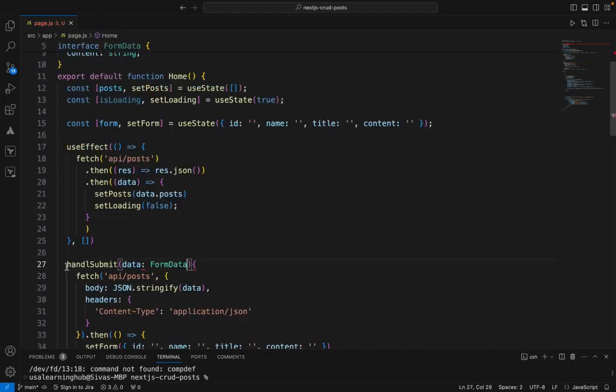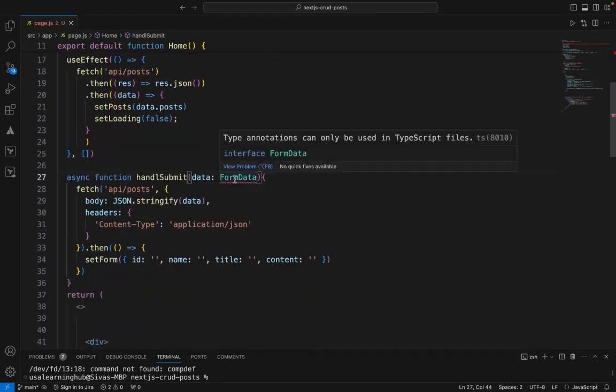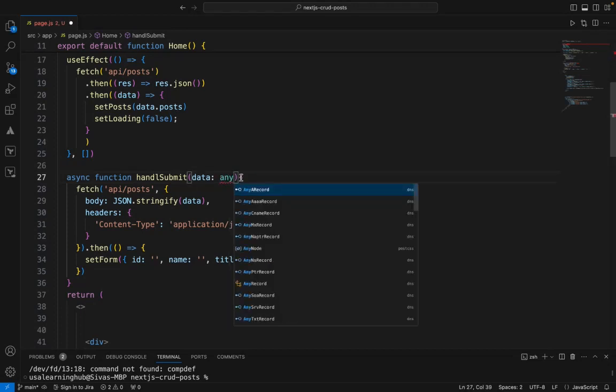Now let's check. Okay, it should be an async function. That is a problem. Okay, this is the form data. Okay, so now we can consider